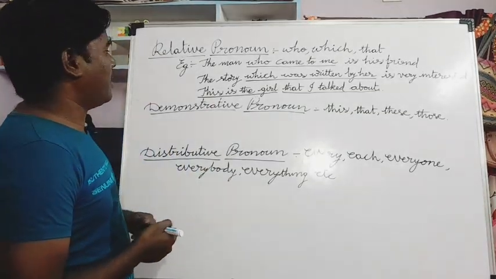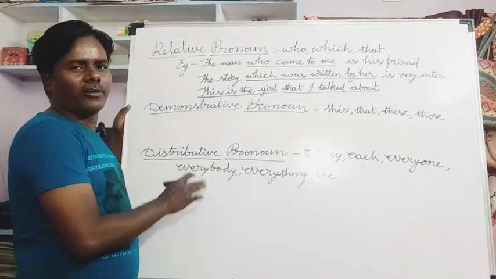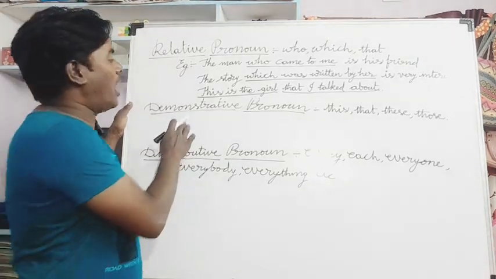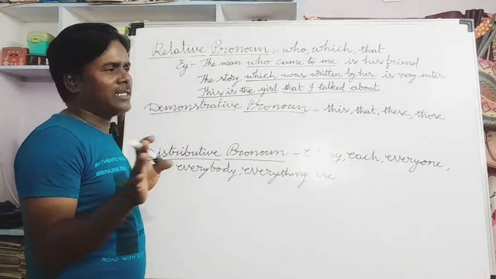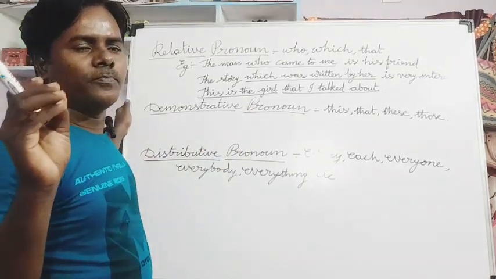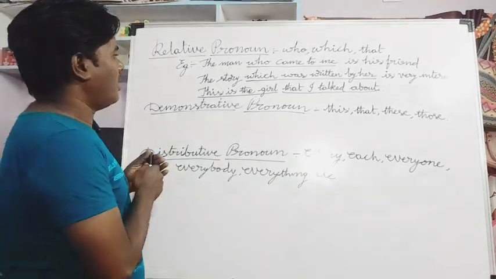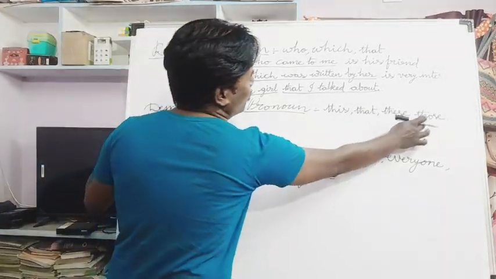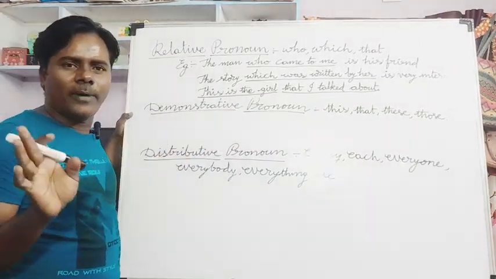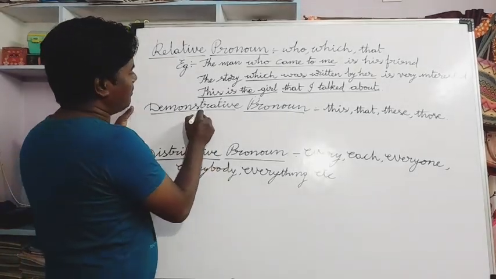Good. Next, demonstrative pronoun. Here a demonstrative pronoun is used to point out the subject. Remember that. Here this, that, these, those are demonstrative pronouns, right? Good. So for example,